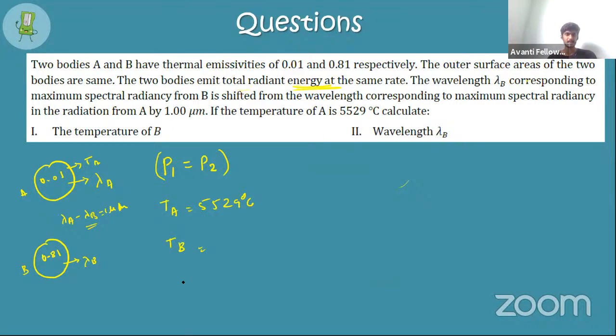What they have given is that P1 and P2 are the same. So we know that P1 is equal to sigma 1 E1 T1 to the power of 4, according to Stefan's law. Then P2 is sigma 2 E2 T2 to the power of 4, according to Stefan's law. Am I correct? Stefan's constant will always be the same. Whatever situation you take, it's a constant number. They cancel out. Now we can find out. Emissivity is given for both the objects. So please try to find out, guys.